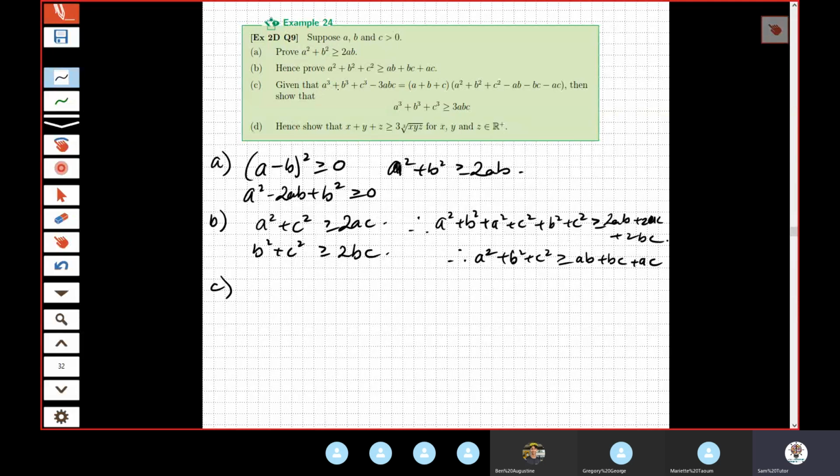Okay, given that a cubed plus b cubed plus c cubed minus 3abc is the same as a plus b plus c multiplied by a squared plus b squared plus c squared minus ab minus bc minus ac. Okay, cool. Then show this occurs. All right, I think